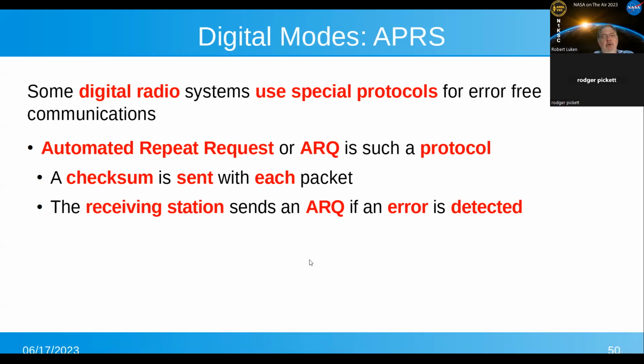Some systems use a special protocol to get error-free communications using the ARQ, where you have them resend the packet, is one of the protocols. So there's a checksum sent with each packet, and if the checksum doesn't add up, the receiver sends the ARQ, and it will do it n number of times, and that's a programmable thing. You can have it set for like 3 or 4 or whatever, and at that point you give up,